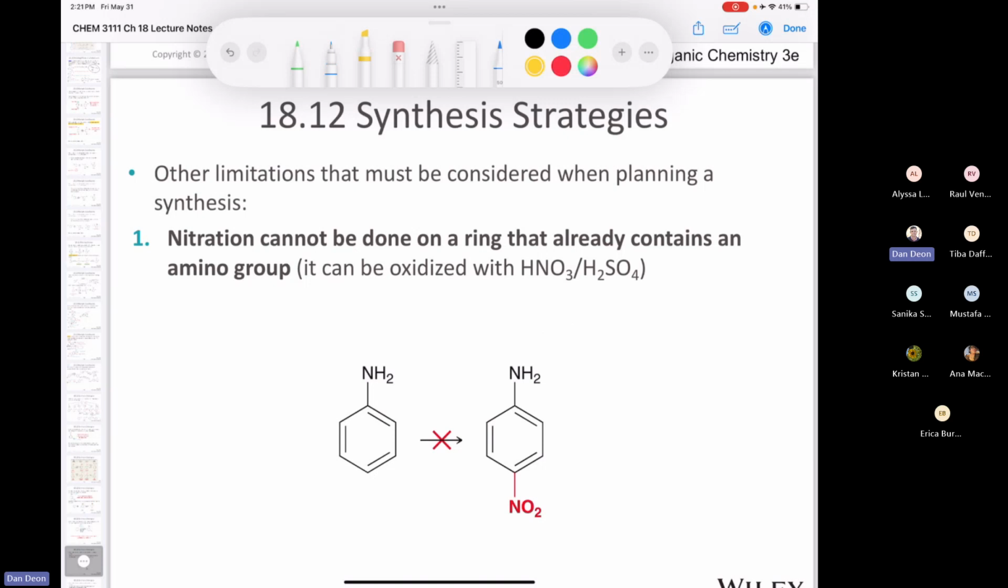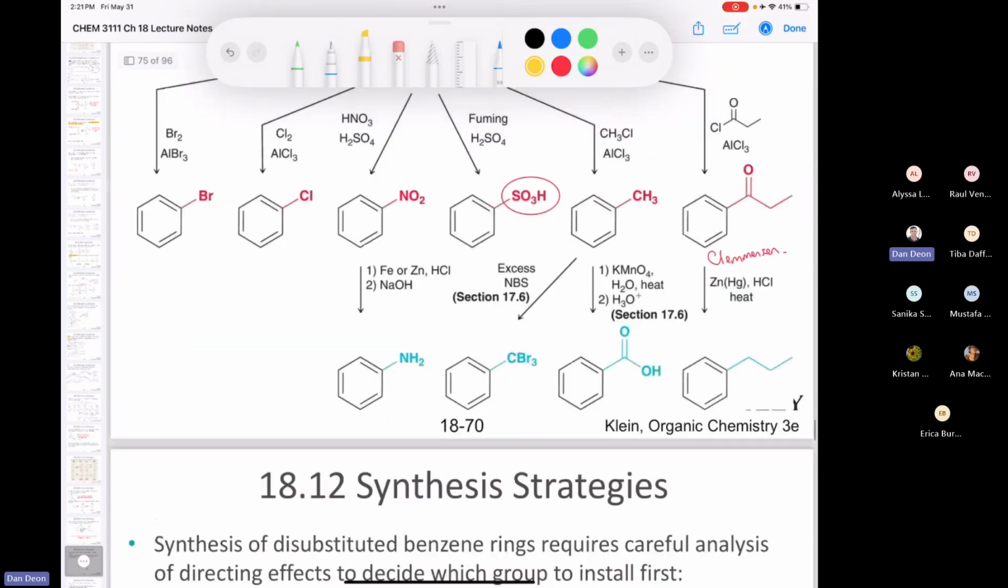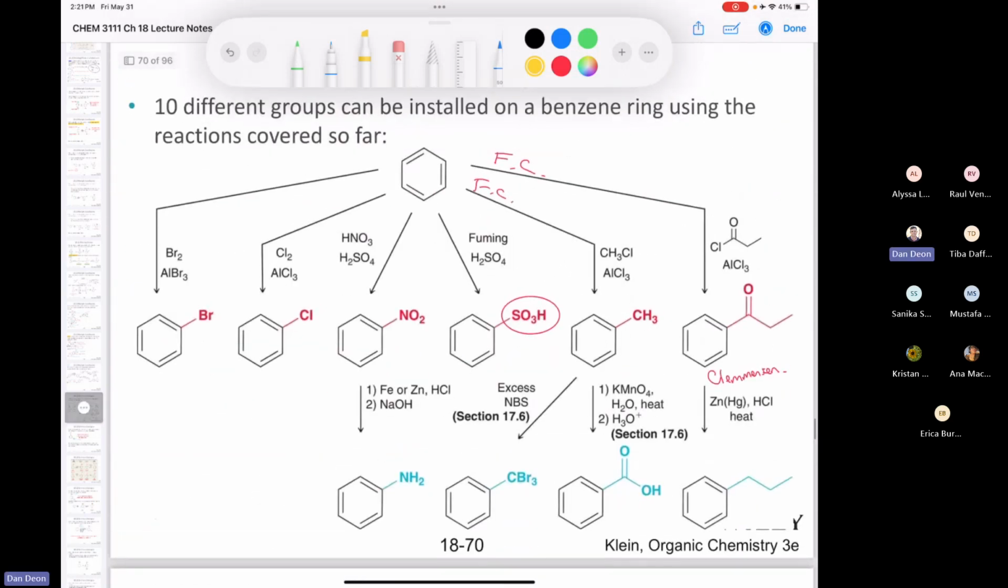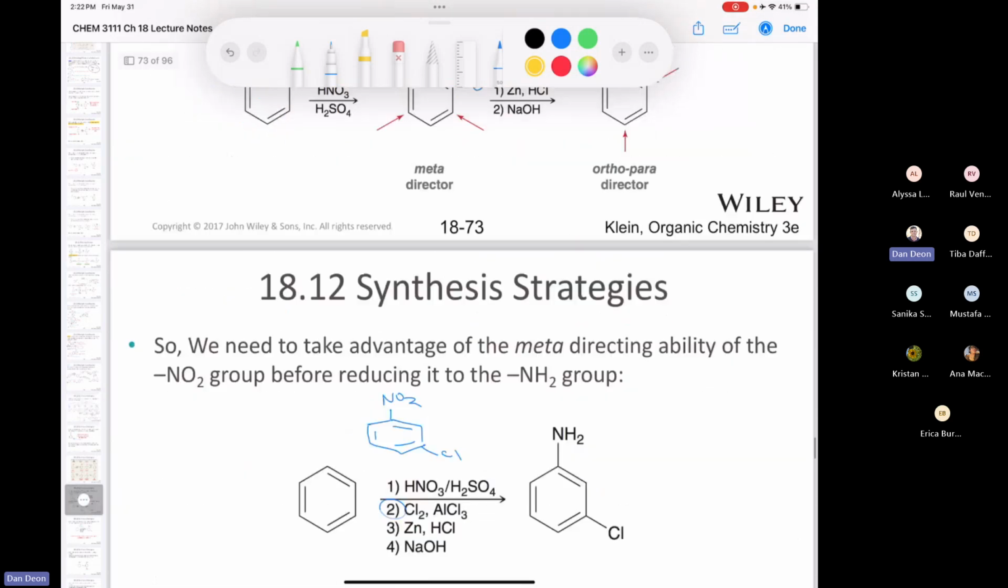Okay, let's take a deep breath and realize we have covered a lot of material, okay? Trust me, this guy knows. We covered all of this in gross and gory detail. And then we also covered the table with all the ortho para directors, meta directors, strong, weak, moderate activators, and deactivators. So now we're going to take all that information,